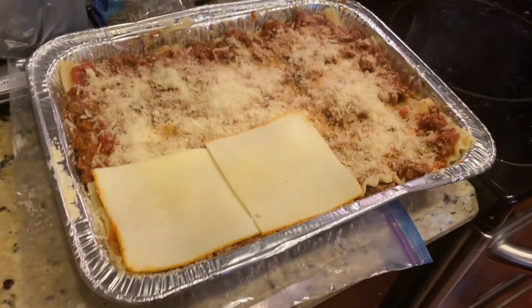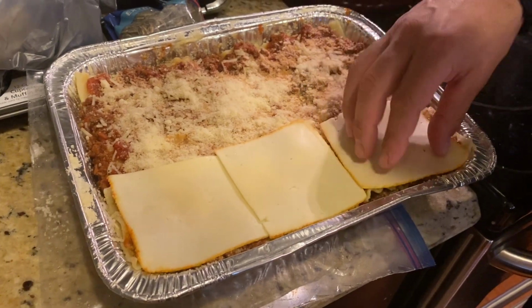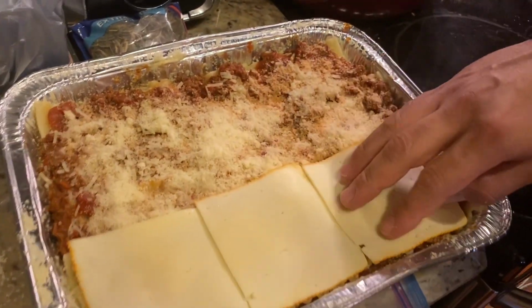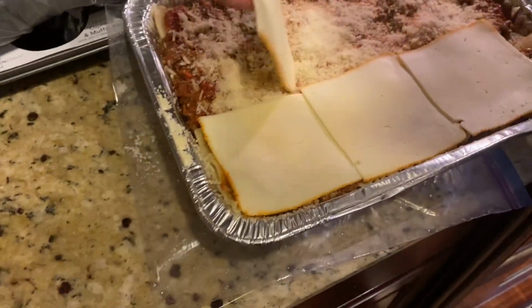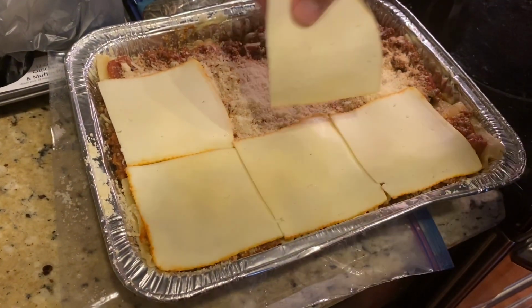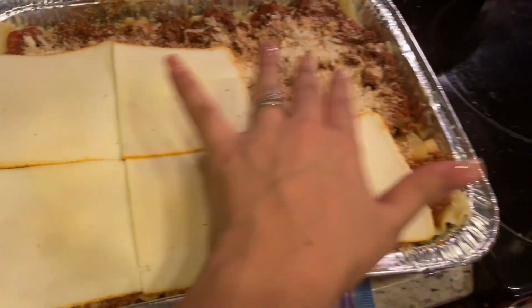Now Jonathan is helping me, and we're adding the slices of Monster cheese. But if you were using Mexican style cheese, you would put Mexican style cheese on top. You guys are probably pissed off that I keep mentioning the Mexican style cheese. This way it's going to be really freaking good too. And after you put all the cheese on top, all across, you really don't want to leave spaces in